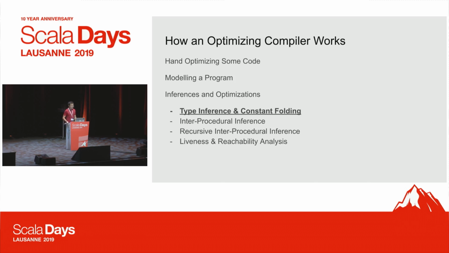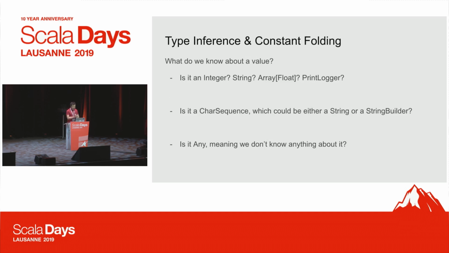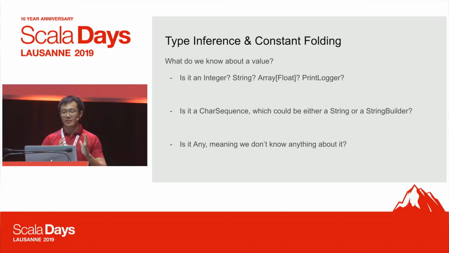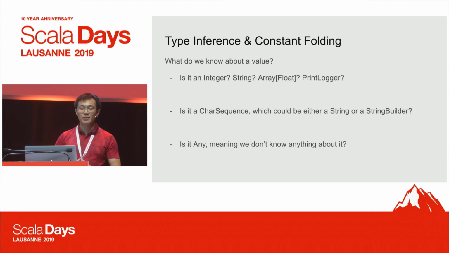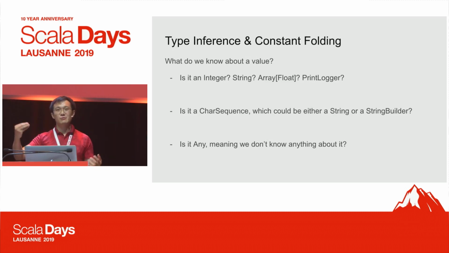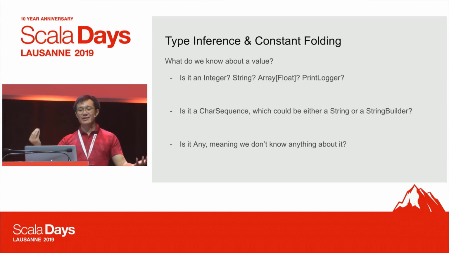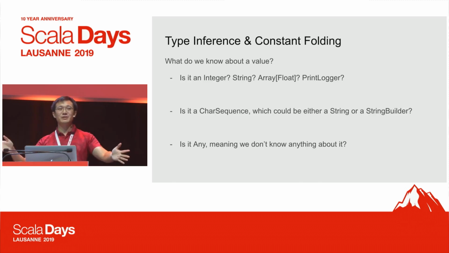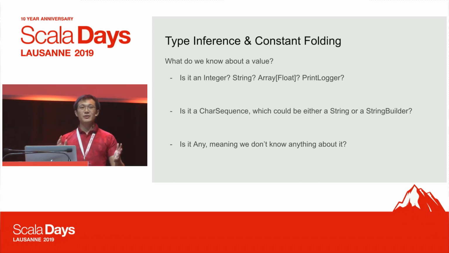So the first one will be type inference and constant folding. Type inference involves inferring constraints about the values in your program. Let's say you have a variable x. What's x? Is it an integer, a string? Is it an array? Is it a char sequence, which has multiple possibilities? Is it something else? What you know about this variable x can tell us what you can do to